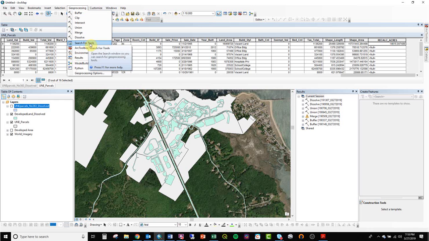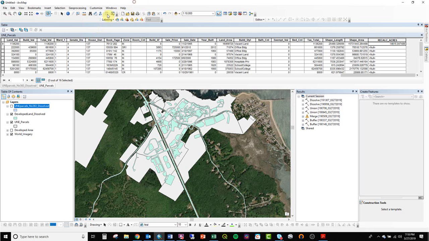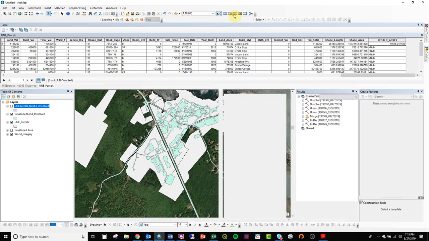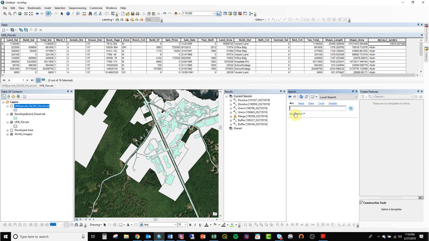If it's not there, then we can search for tools, which is this button, or there's this little search button on your home bar, right next to catalog. I would say most people would probably come into this window and search for their tool, because the tools are named weird, like in ArcMap. Like if you want to get a polygon and turn it into a point, get the centroid, the tool is called feature to point. You wouldn't really think of that, but there are a lot of examples like that, where it's just legacy stuff. So if I search for erase,